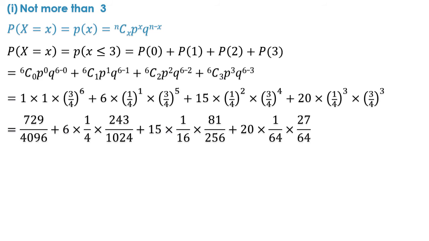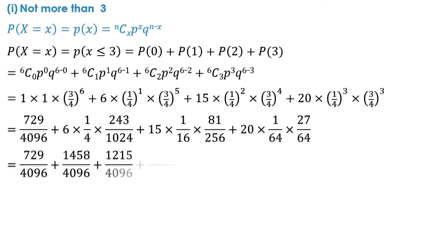4 cube is 4 4s are 16, 4 16s are 64. 3 raised to 3 is 27, and 4 raised to 3 is again 64. Now just multiply all the respective values. So 729 upon 4096 plus 1458 upon 4096 plus 1215 upon 4096 plus 540 upon 4096, and when you add